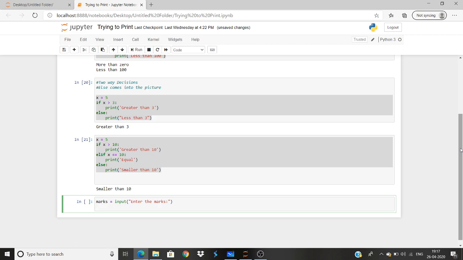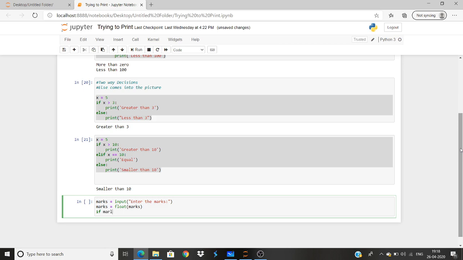Now remember, as I said, any input statement is always a string. So we will have to change its type. So we'll say, okay, marks, because marks is just a variable, we'll ask it to be float, and there you go, marks. So marks is done. We converted it into float. That means it has moved from string. That means it can take decimal values and numbers. Very good. Now we write an if statement.